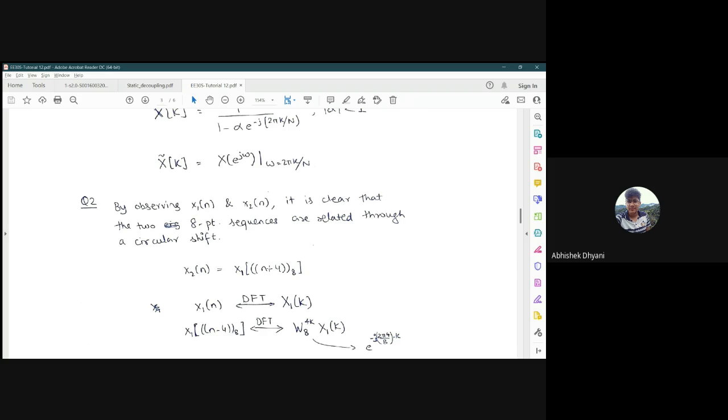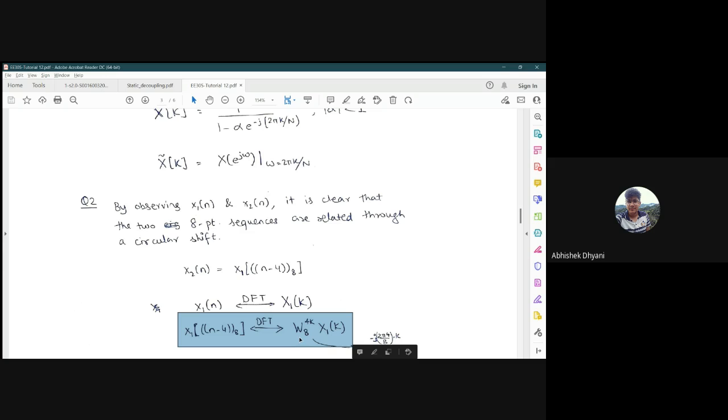Or we can see the circular shift as a linear shift in that case, if we first of all make it periodic. So this is the expression for what is happening there, right? And so we say that if, let's say, x1[n] has the DFT given by X1[k], then we can say that this particular thing, x1[(n minus 4) modulo 8], will have a DFT which will be given by this